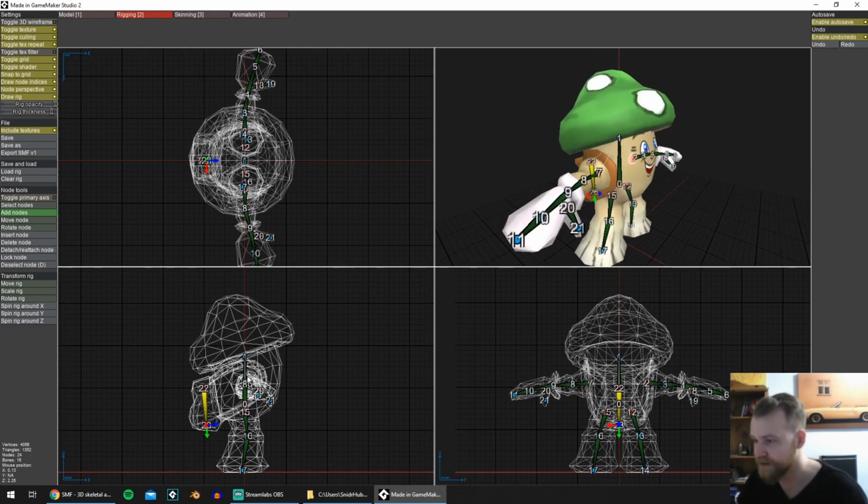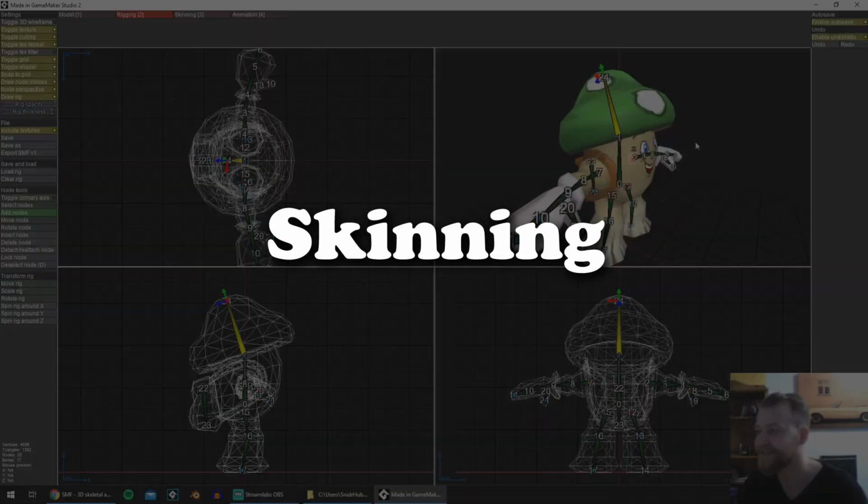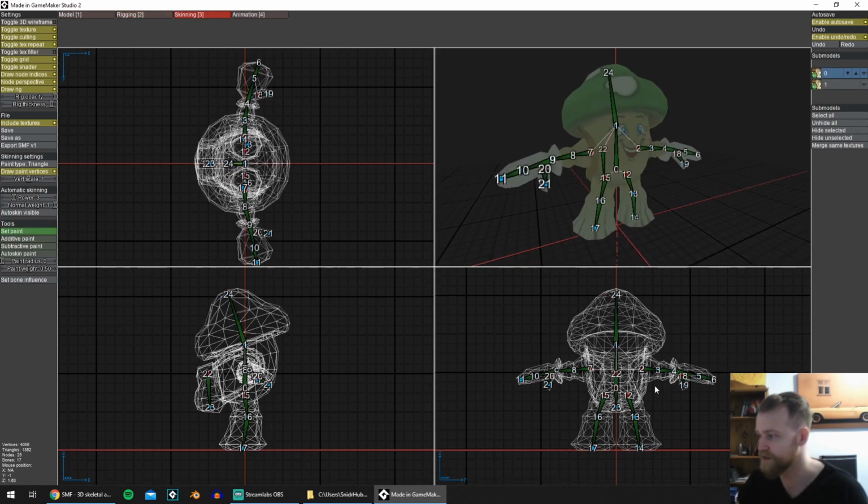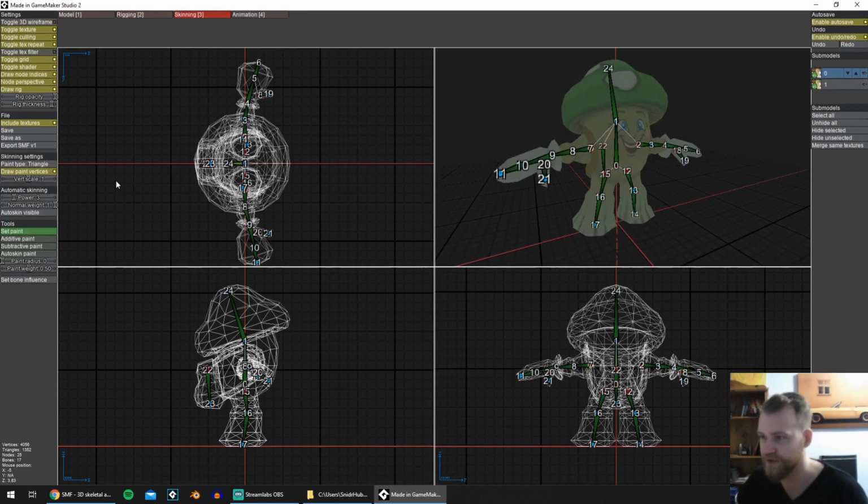Actually, let's make a separate bone for the hat as well, just in case I'd like that to bounce back and forth when he runs. Okay, so that's it for rigging. Now let's refine the skinning as well. I will auto skin everything from